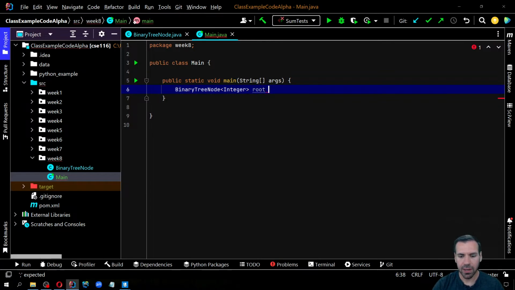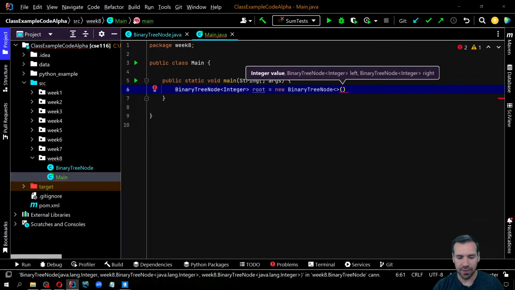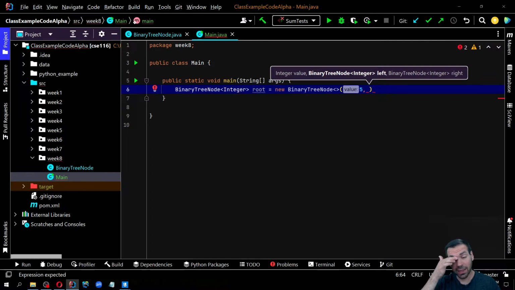All right, so we call the reference that we have the root. It is going to be a new binary tree node, and let's just give it some value here. I'm not going to remember all the values that I gave in the slides, but we'll do our best here. And you know what? I lied. I'm not going to do this the same way as the